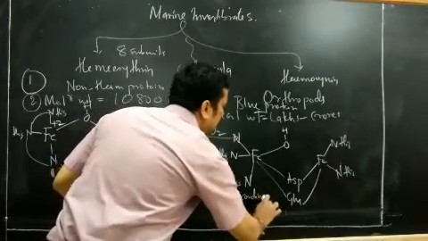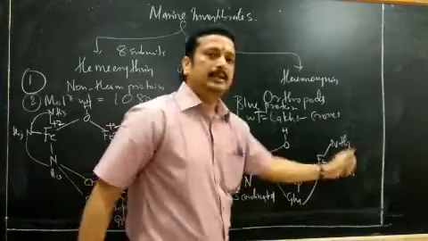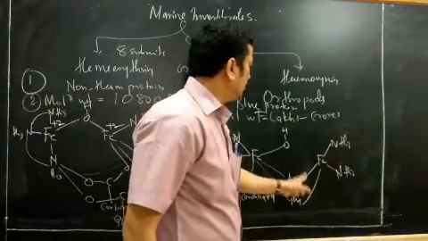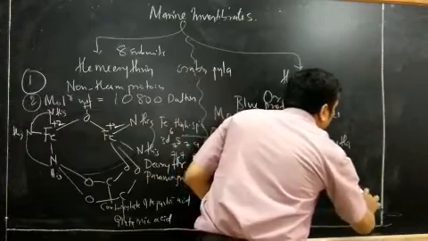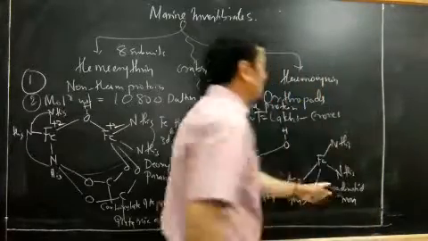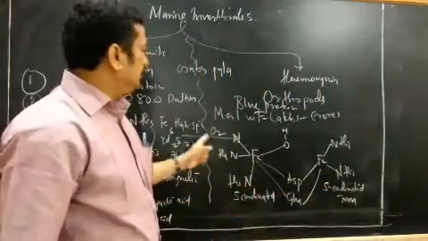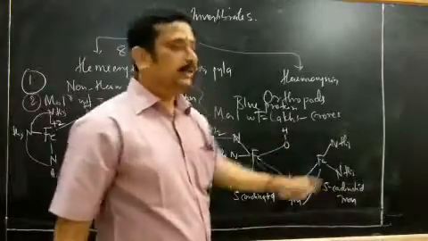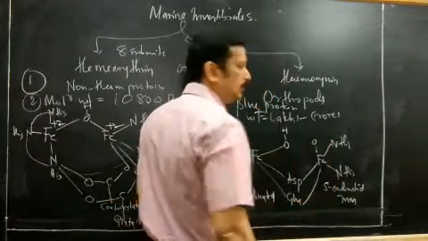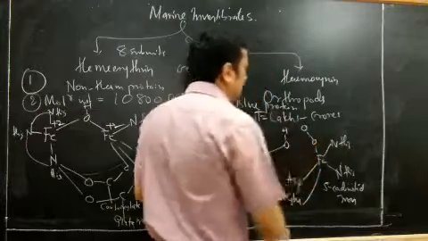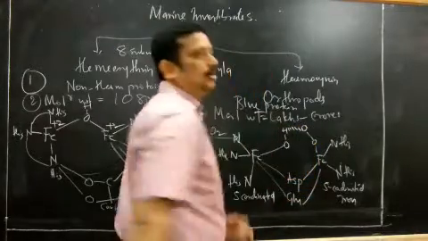This iron is a 6 coordinated iron, and this iron is 5 coordinated: 1, 2, 3, 4, 5 coordinated. Now the incoming oxygen will bind to this 5 coordinated iron in the form of a peroxide linkage. You get it here like this. Again here oxygen, and this is going to bind with the hydrogen bond.